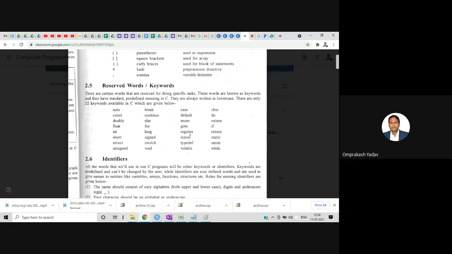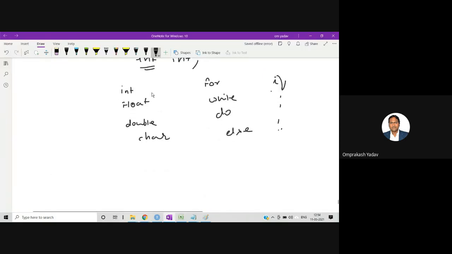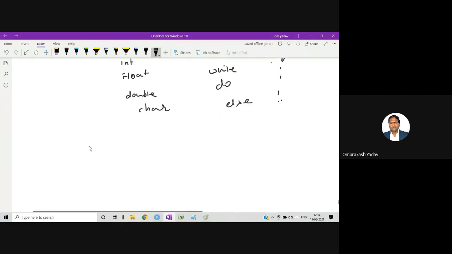So remember this. Second thing, if you observe, all the keywords are written in small letters. So for example, if I write Int with a capital I, this variable name is allowed, because I is capital and it's not a keyword.